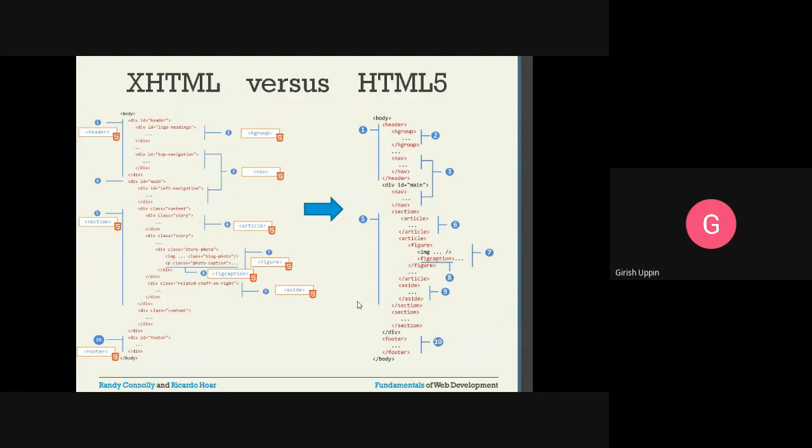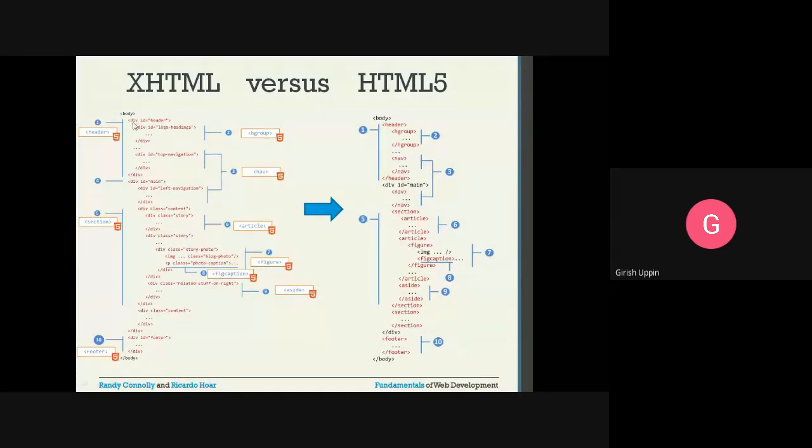But HTML5 has come up with many other semantic elements which are useful and which will reduce the number of divs. For example, here you can see an HTML document written in XHTML5. You have the body, starting and ending. Div ID equal to header.